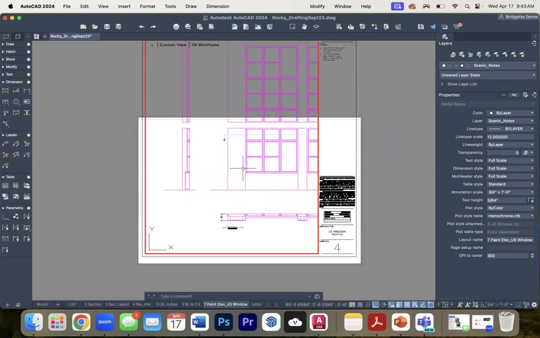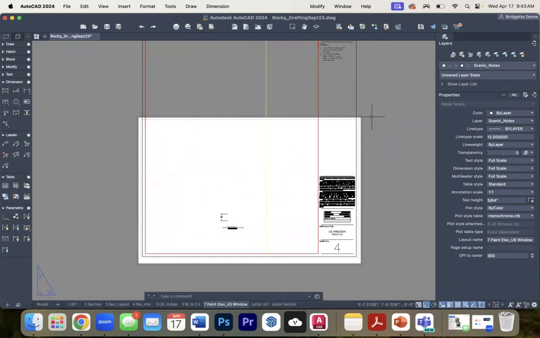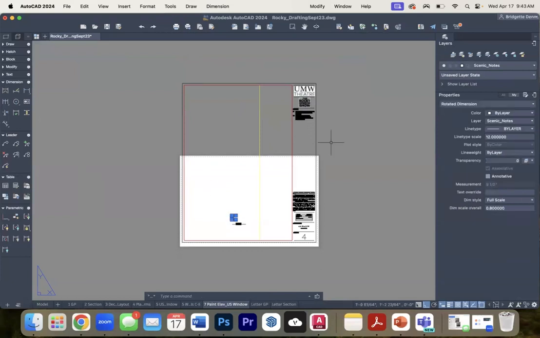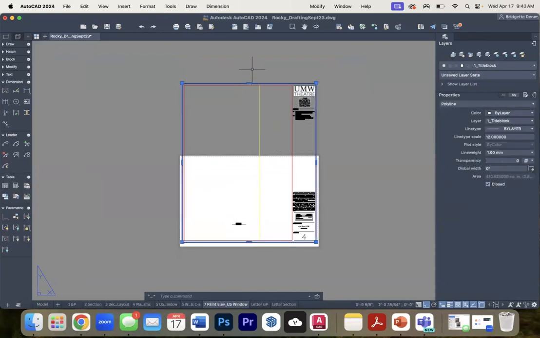So what I'm going to do is get it out into the middle of nowhere so that it's not picking up on any of that. So if you run into trouble like that, just change where you're at in your drafting, and that gives you the ability to have it not want to magically toggle to something that you don't want it to toggle to. So I'm going to stretch this down,